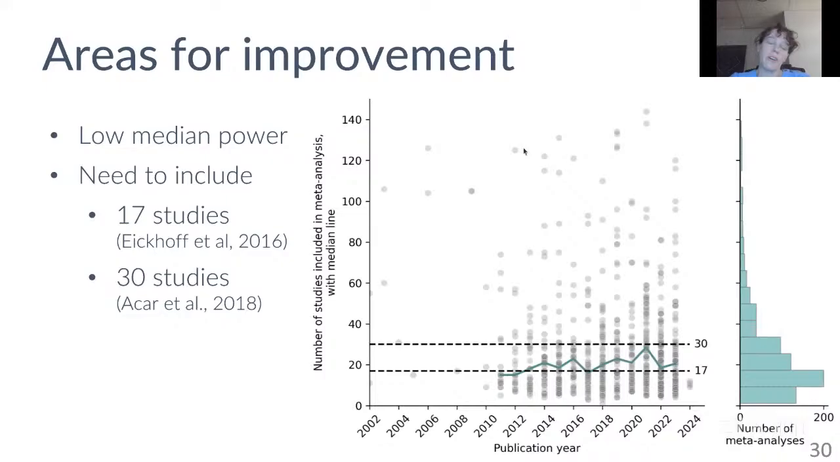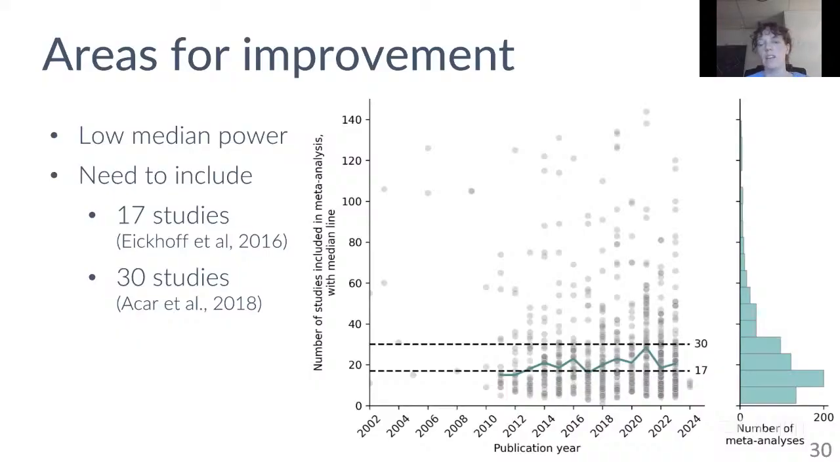An area for improvement is that overall, like in neuroimaging studies in general, we have low median power in meta-analyses. So Eickhoff et al. in 2016 suggested that we need at least 17 studies in order to have reliable effects in a meta-analysis. And Eickhoff and colleagues later suggested that you actually need 30 studies in order to be robust against publication bias, which is particularly relevant for meta-analyses because it means that the studies that have null results are not being published and so cannot be included in the meta-analysis. So your